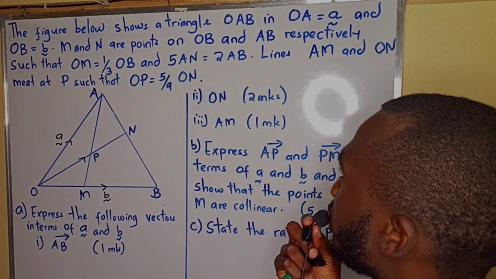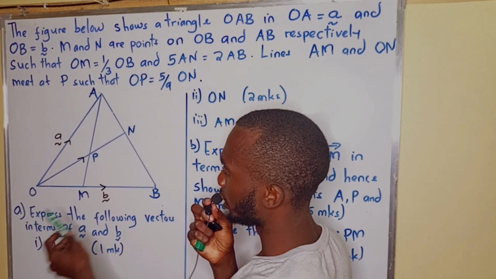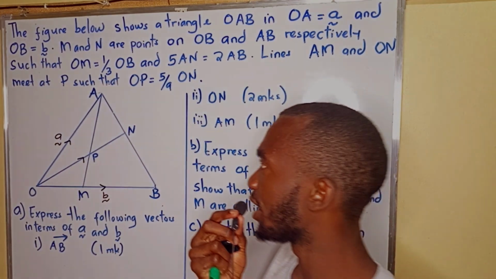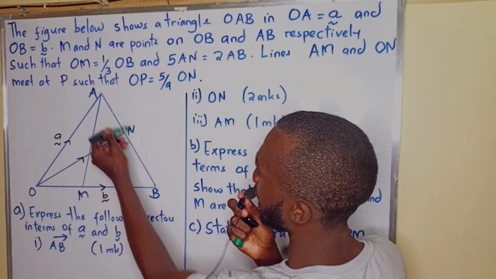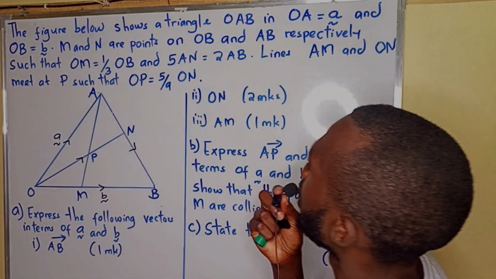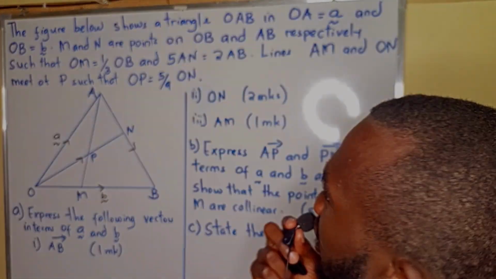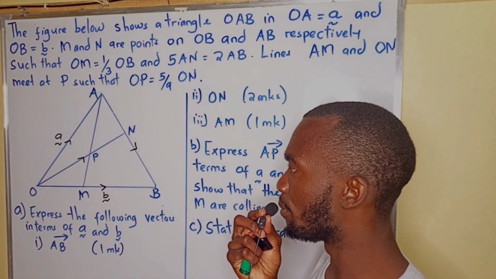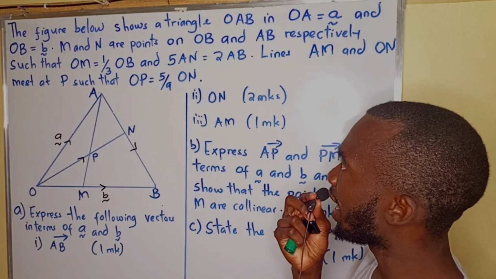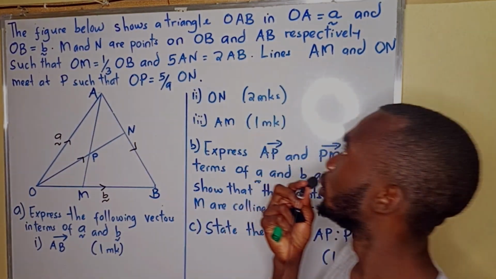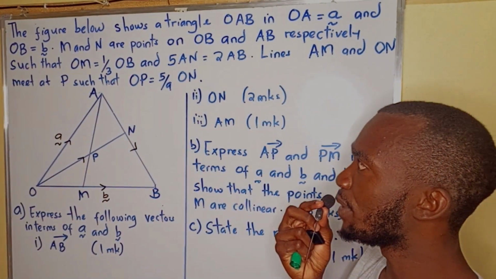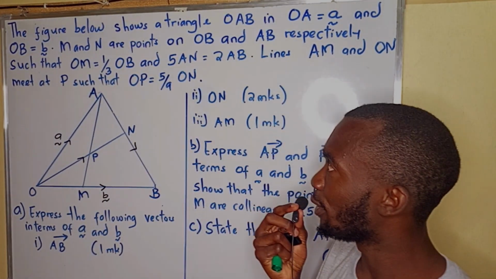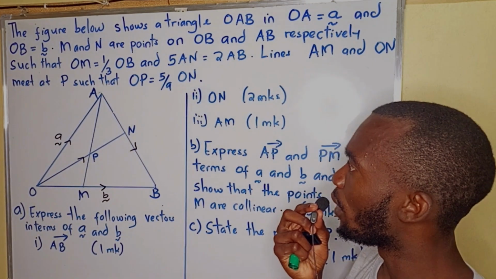M and N are points on OB and AB. So M is the point lying along OB, and N is a point lying along AB, this line AB. Such that OM is a third OB. So OM is equal to a third OB, and 5AN is equal to 2AB. Lines AM and ON meet at P, such that OP is equal to 5 over 9 ON. So this is OP,